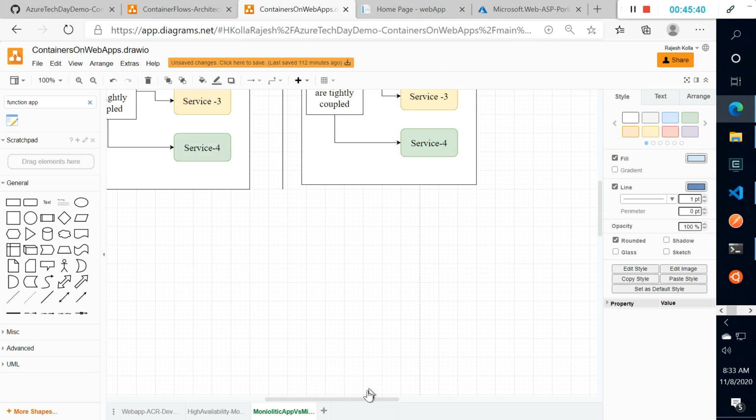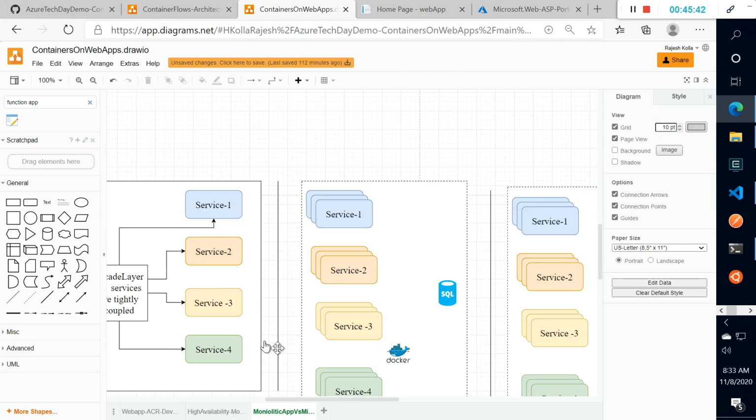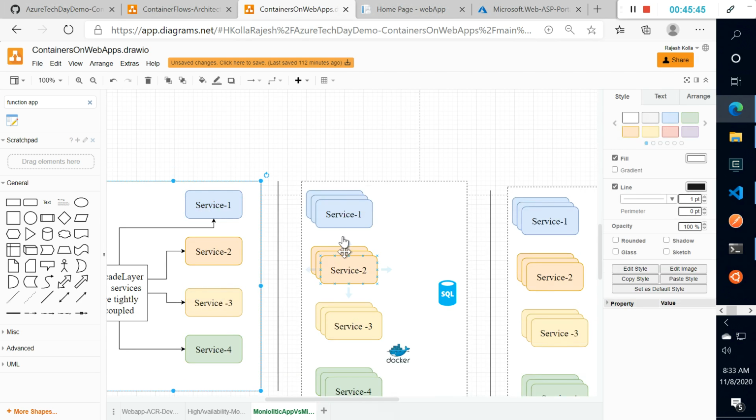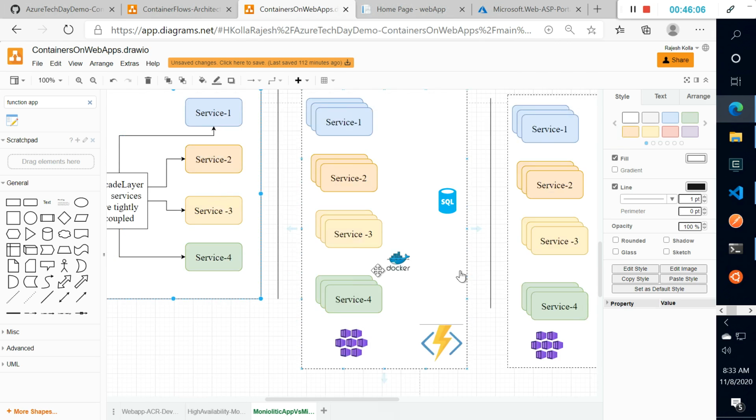Then we can split at the functional level. Instead of one function, we can split into multiple isolated functions. Then you can create containers. This is the Docker container runtime. It will start the images, run the images, and use databases, such as a SQL database. But if it is event driven, it's a function, and you can use Azure Functions. If it is not event driven and you want a complete, sophisticated